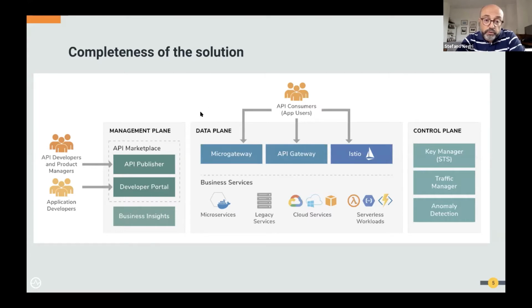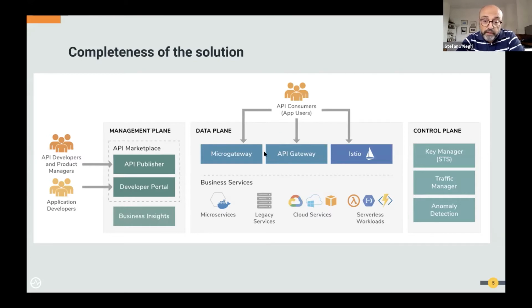The first is, of course, the logical one, the data plane, what the data actually goes through between the application consumer and the business services. Here we already have a key differentiator, because we provide this data plane in different flavors.